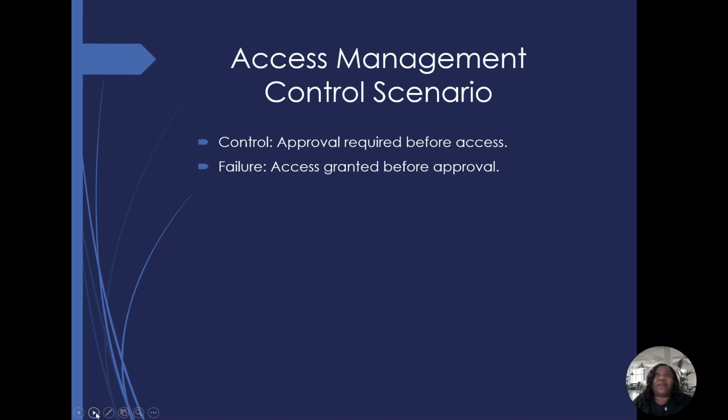Let's look at an access management control scenario. What is the control around access management? As we all know, access management controls are controls put in place to ensure there's no unauthorized access. The control for this case that I'm looking at is approvals required before access is provisioned, and a failure would happen if access is granted before approval. Look at it in this case. It is not that access was not granted. Access was granted, but it was granted before